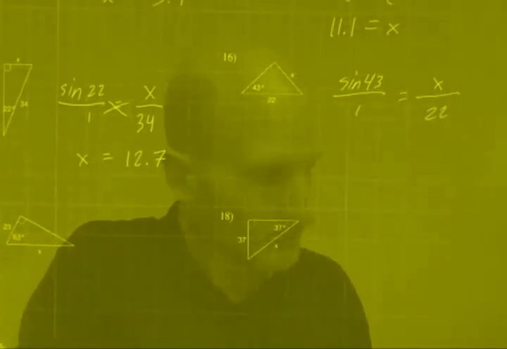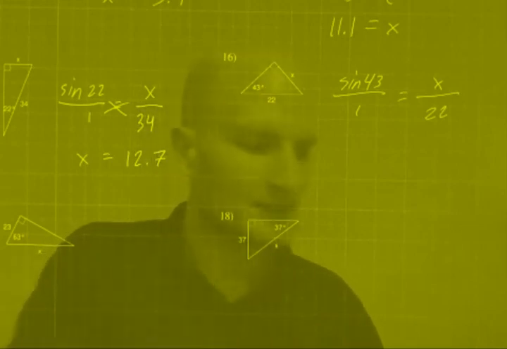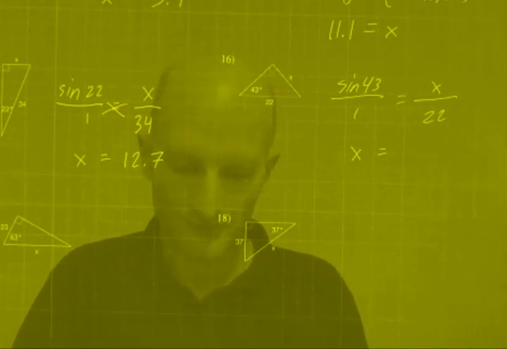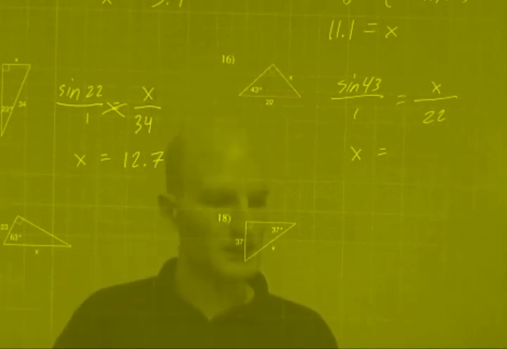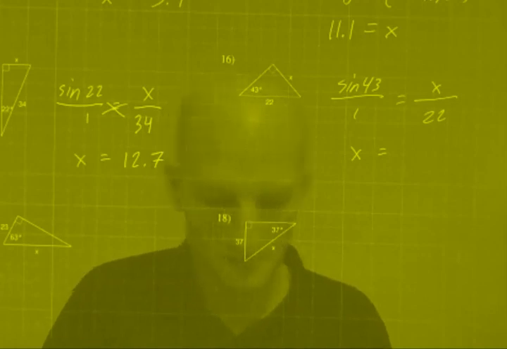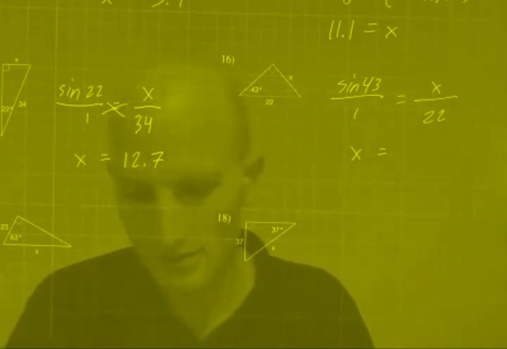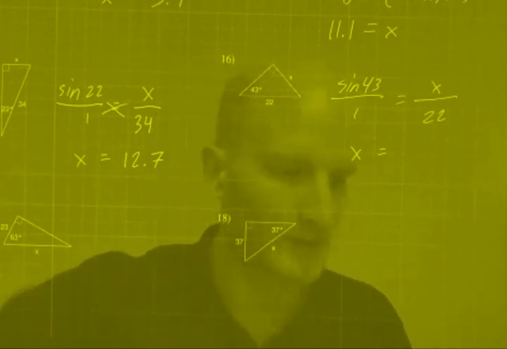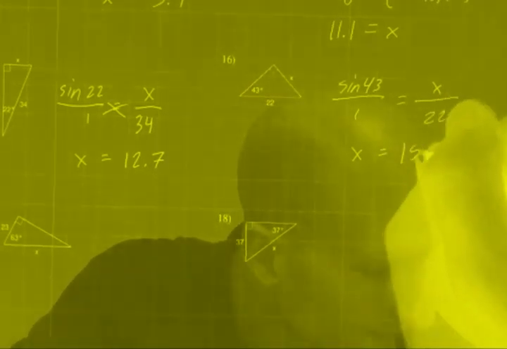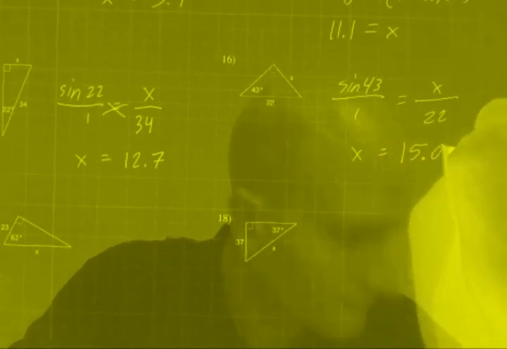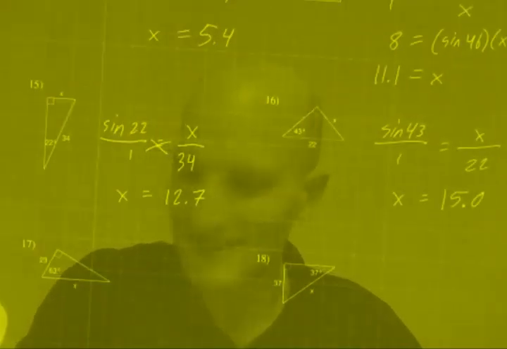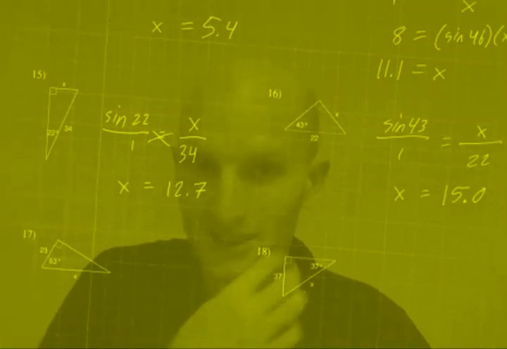So x times 1 is x. And then sine of 43, boom, equals, and then times 22. We get 15.00396392. So rounded, that's just going to be 15.0. Just rounding to the tenths. It's going to be a fast video today. 15.0, boom. All right, two more, and then we're done until Friday when you guys have a virtual class